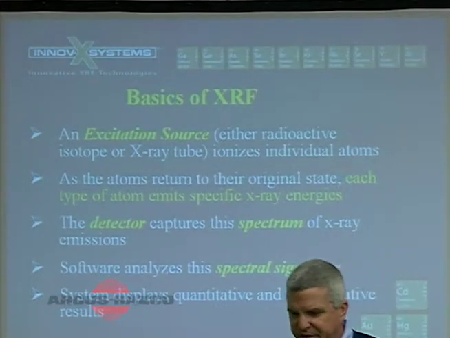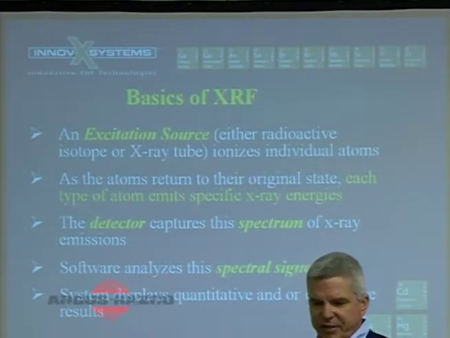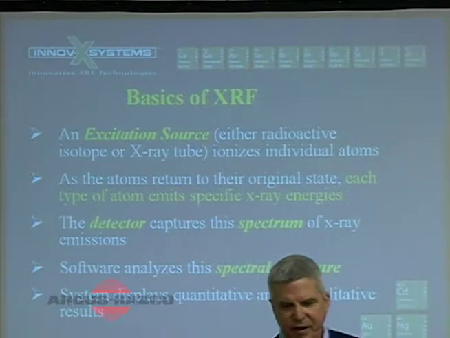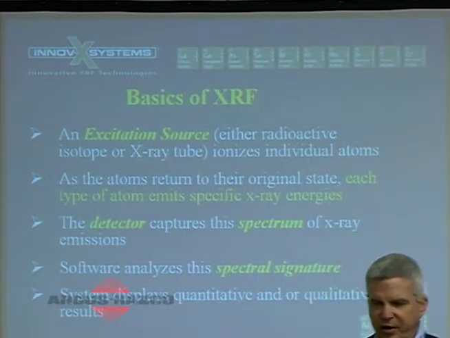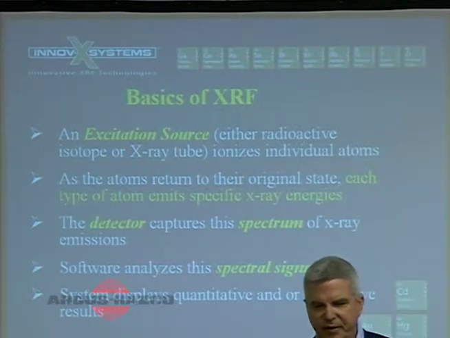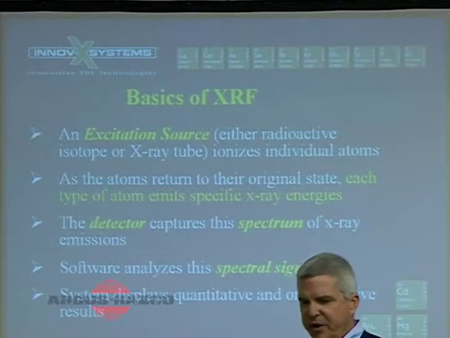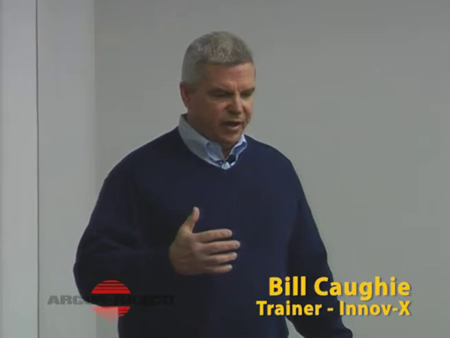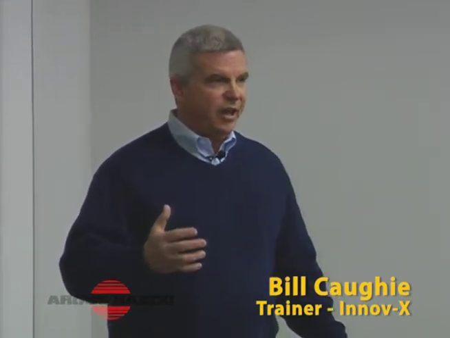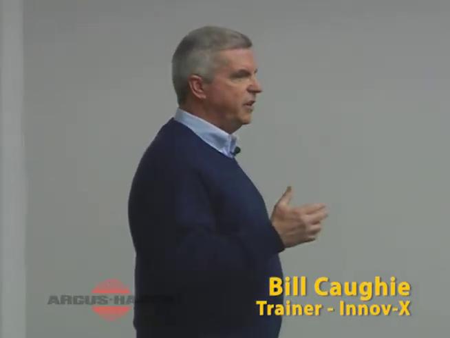This is just really the basics of XRF, of what the heck is going on. So you have an excitation source, okay? It's either a tube or radioactive isotopes, as we're using. And what that source does is cause the atoms in the sample to become unstable. How it does that is it knocks off inner shell electrons and causes instability with the